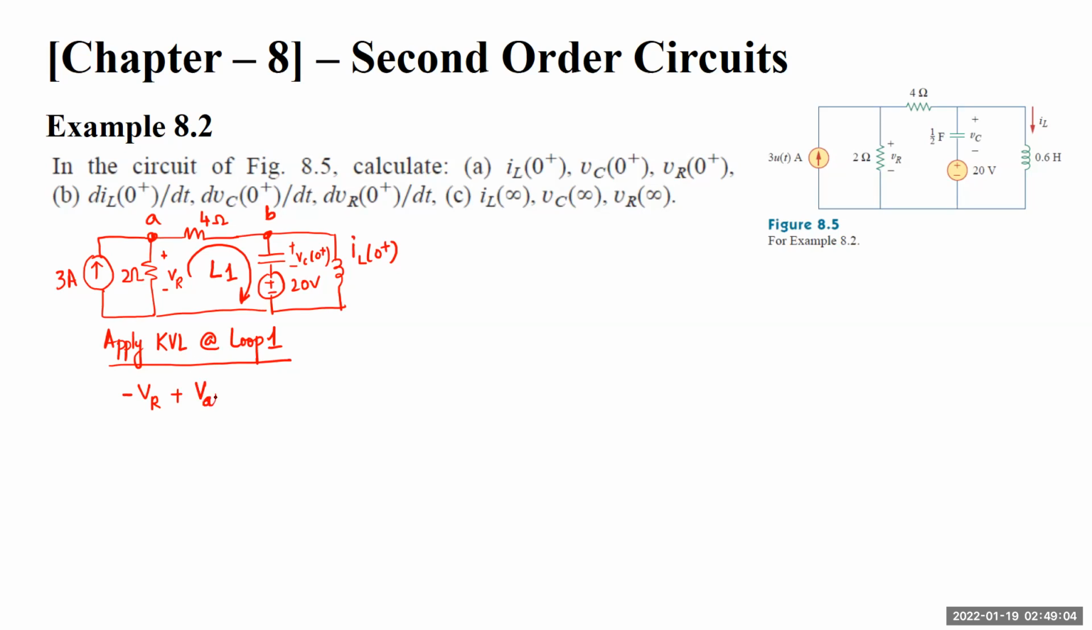Yes, VAB plus VC plus 20 equals 0, right? Okay, this is how this thing will look. So if I differentiate this, and again, this becomes VR 0 positive. This, then we get